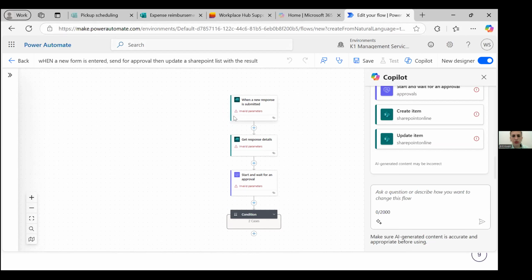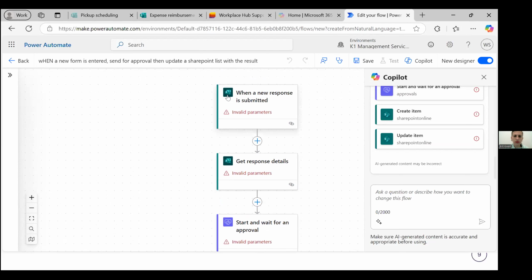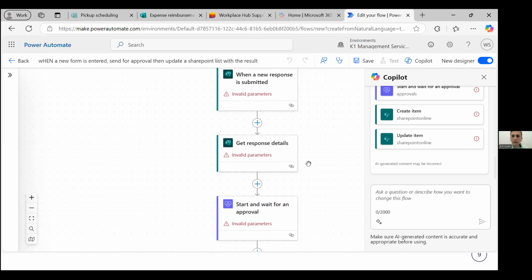You get some views as to what this action is doing so that each one has a little icon. So let me zoom back in here. You can see these ones have a form. This tells me that this is an action connected to forms. And then I have some items up here on the top to be able to diagnose issues, save, test, close, and